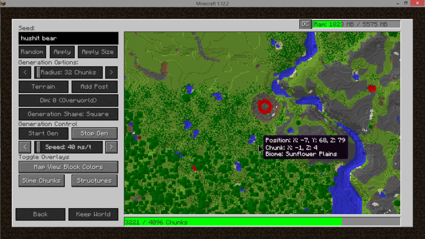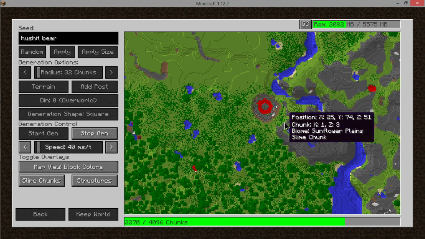We got cheats on. You can tell me how to fly. I don't know how to. Double jump? I'm not in creative. I just have cheats on. Oh, yeah, then go into creative and then...